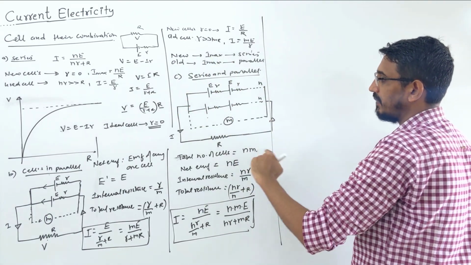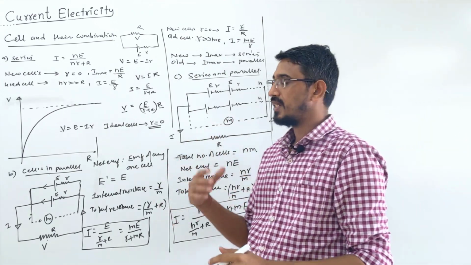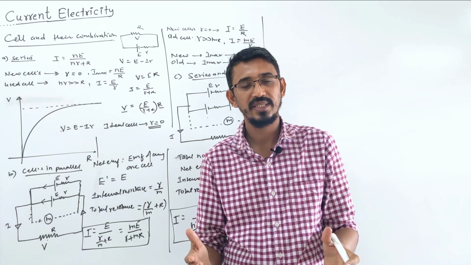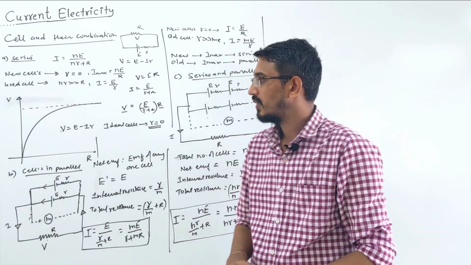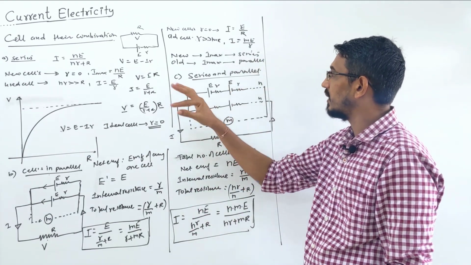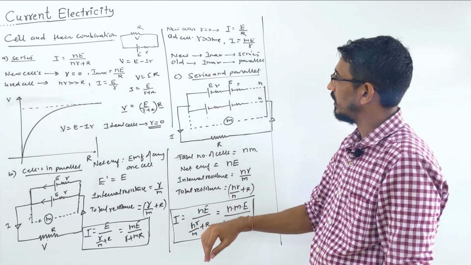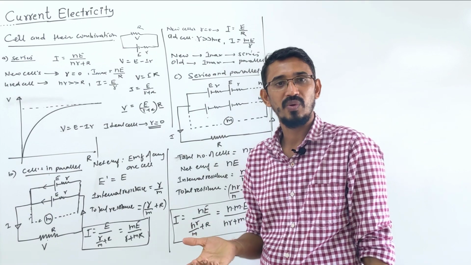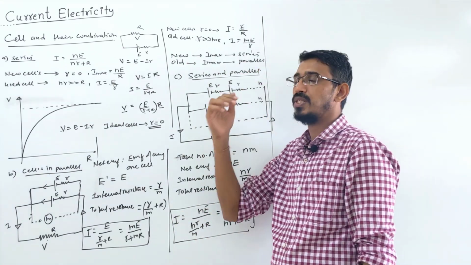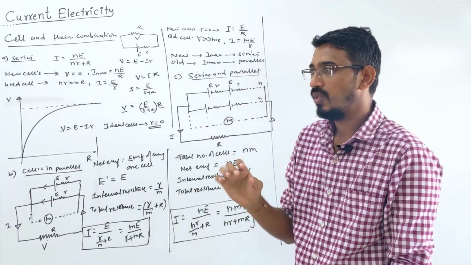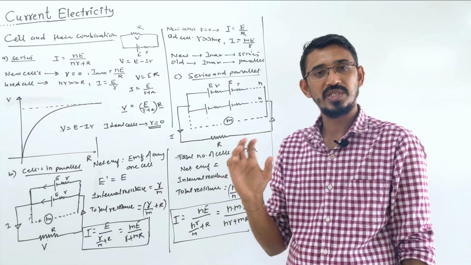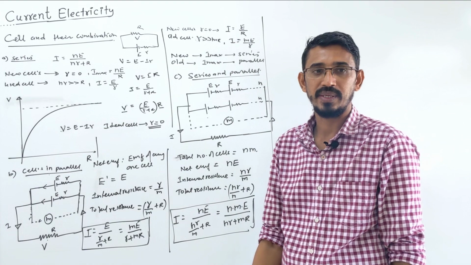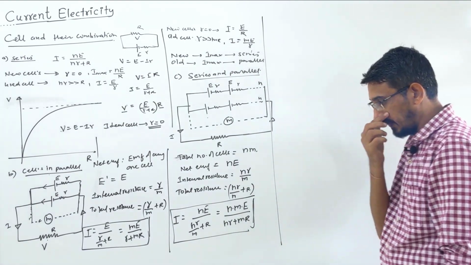So series-parallel I have done. For cells connected in series, you solve step by step: find the net EMF, the net resistance, then the current. Then you can put conditions, such as when the current will be maximum or minimum. I told you that if the cells are new, meaning the internal resistance is very small, then you should connect them in series to get maximum current. Or if you have old cells where the internal resistance is very big, then you should connect them in parallel to get maximum current.